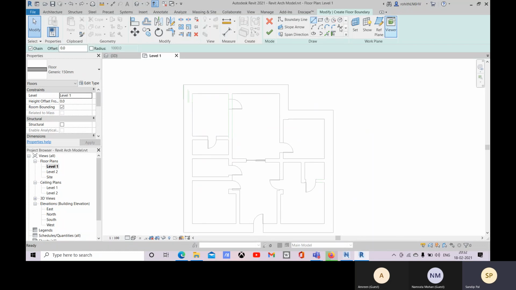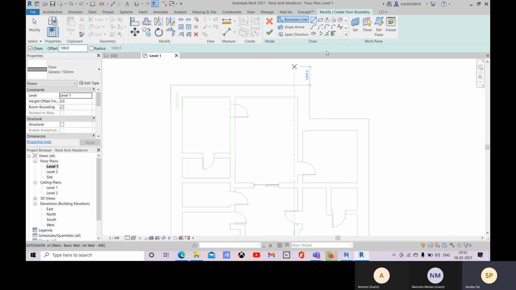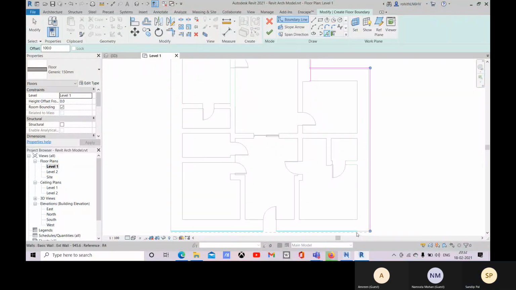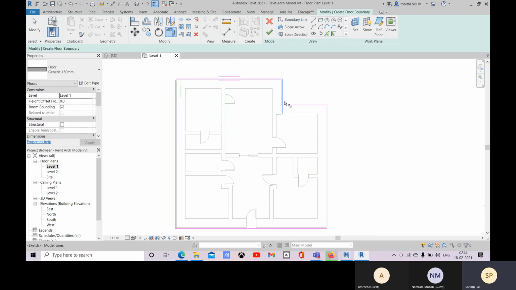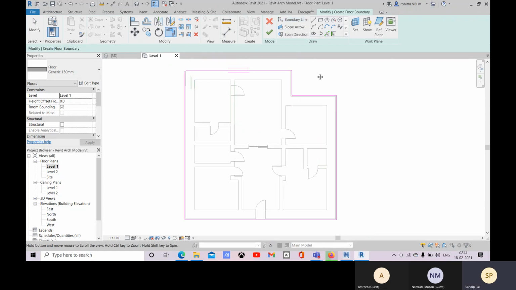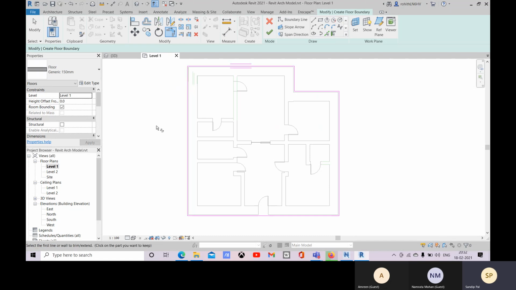Okay. TR for your trimming part, and that will be trimmed.